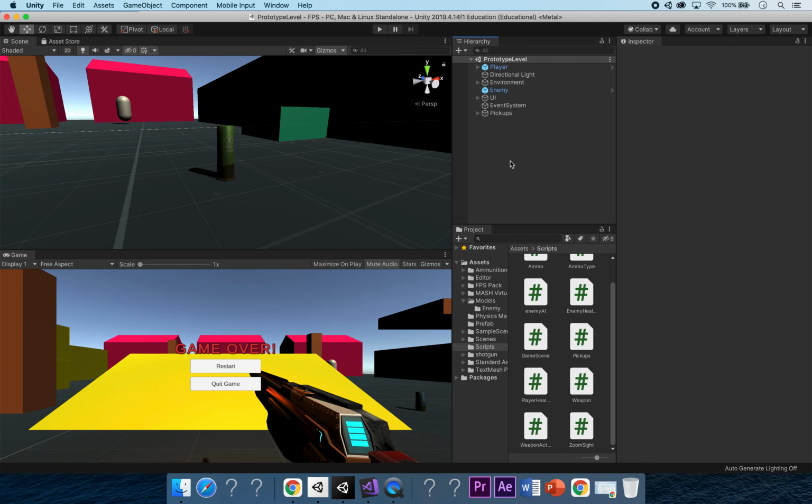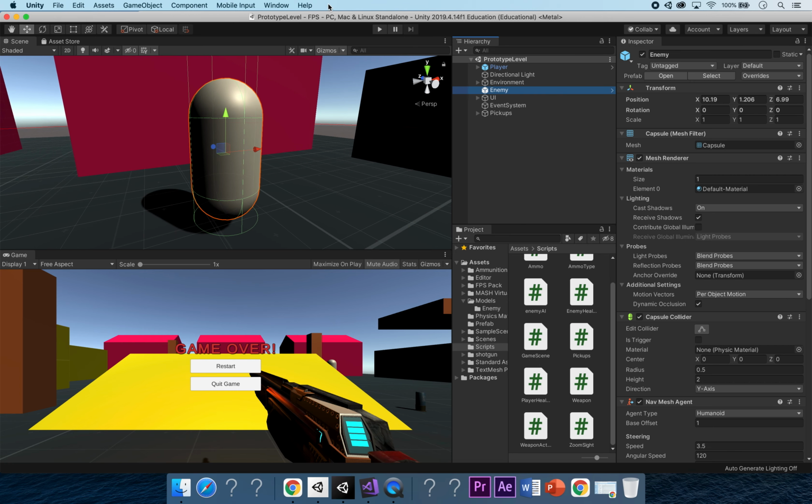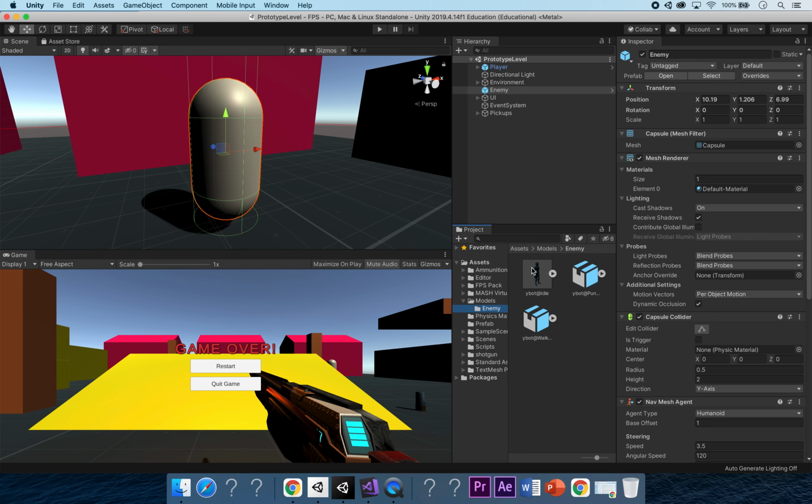Hello, welcome to part 10 of creating an FPS game, first person shooter. In this video we are going to look at replacing this lovely capsule that we have over here, this lovely gentleman. We're going to replace him with the model that we downloaded in part 9, models, enemy, there we go,